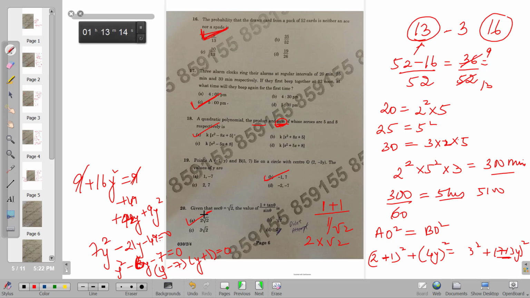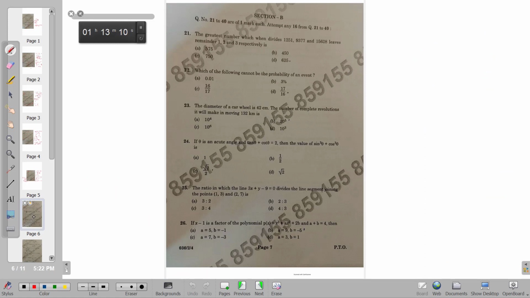Okay, not bad. We finished section A. Now let's go to section B questions. Section A was quite simple. I think that you could have all attempted, if you had chosen the questions wisely, it would have been attempted easily within 20 minutes even. All right, let us go to this one.